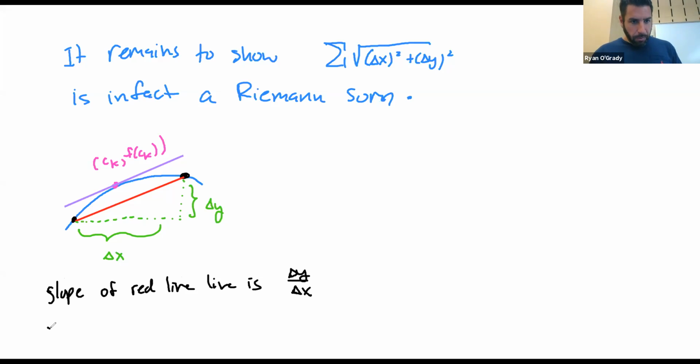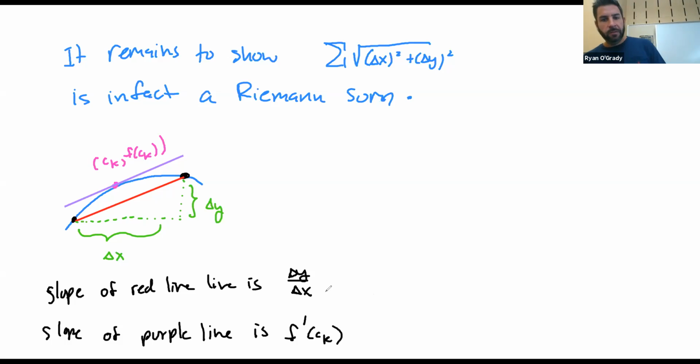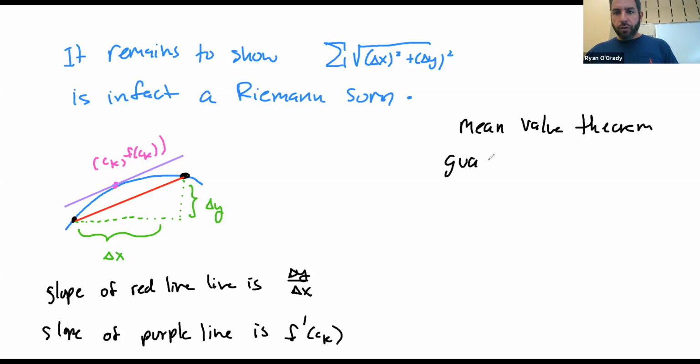The slope of the purple line is f prime evaluated at C sub k. So what that means is the mean value theorem says that this is true. Guarantees